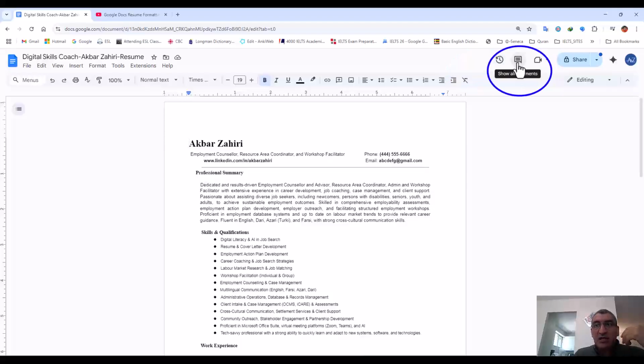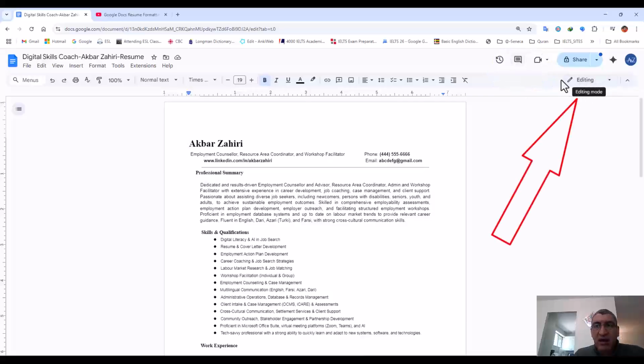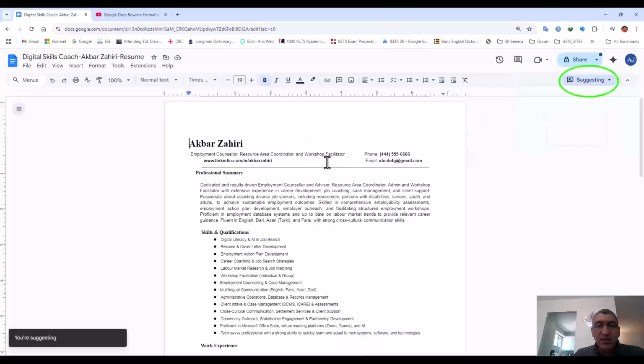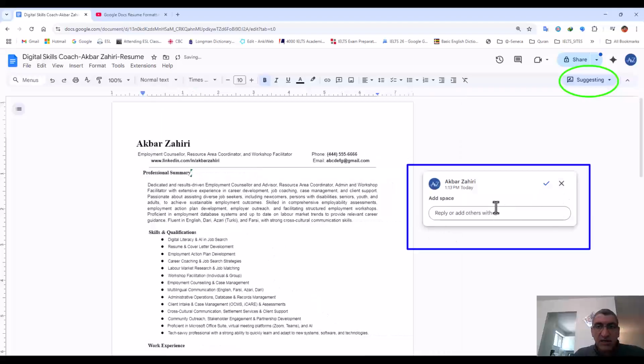The next one, if you remember, I taught here, it was about now I am editing, and we had another option, suggesting. In suggesting, if you remember, I can give only comments. I cannot edit this one. For example, I can write about this professional summary. It should be centered. So when I click here and start typing, you see the comments come here. It is only commenting. I can write, Akbar, for example, suggest somebody that make it center. Here I can write make it center. Okay, it is a comment.